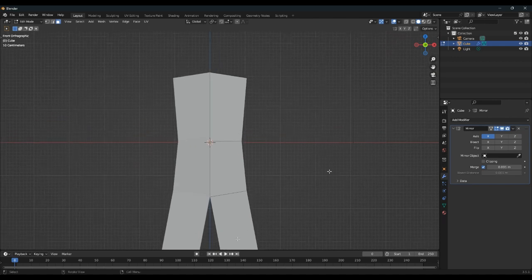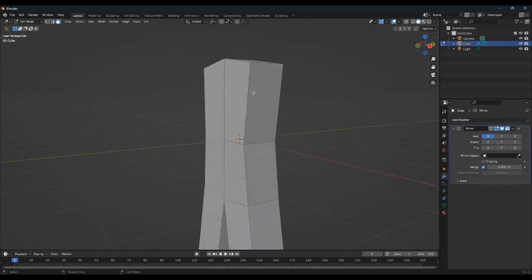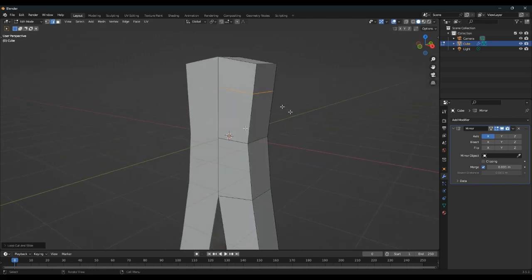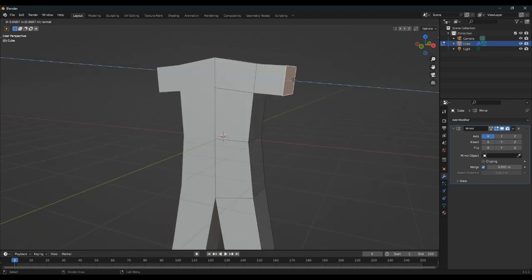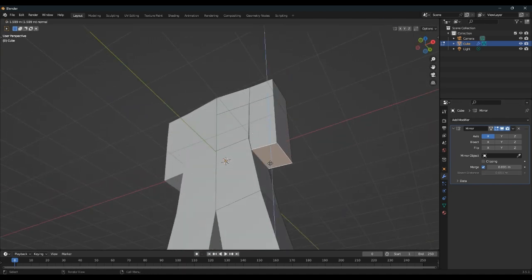Now, we will go back up here, and over here, we want to get this yellow box, which is Control R. The only reason we need this box is so we can give us a space for the arms. We will put it here, slightly above where it actually is, and now we have an area for the arms. We will select this face and extrude it out. And with this face, we will extrude down,